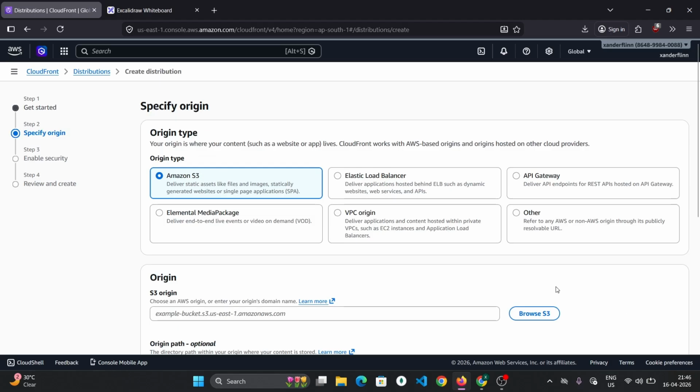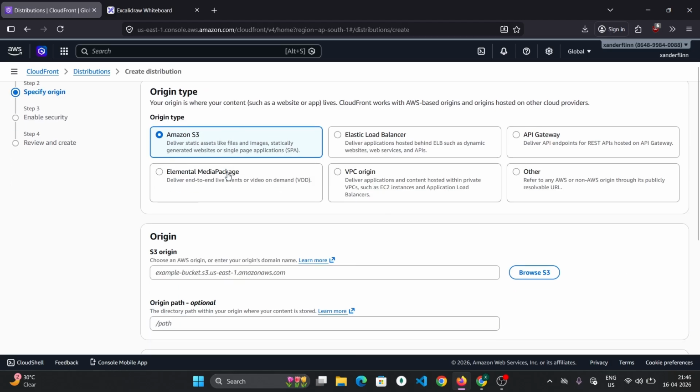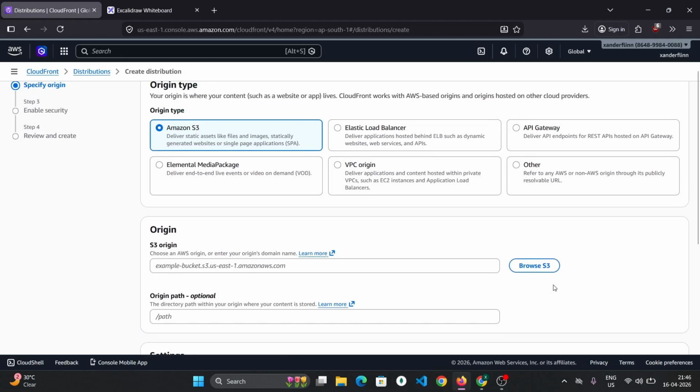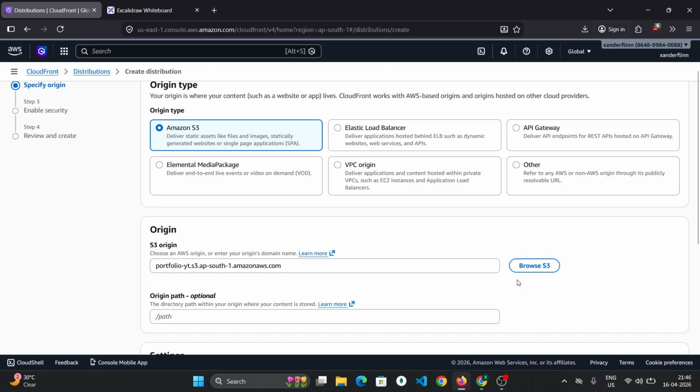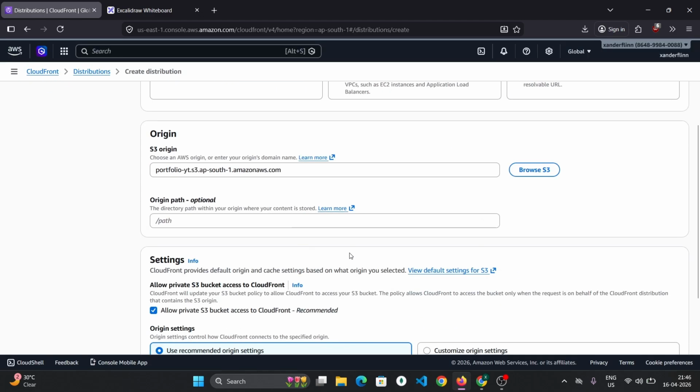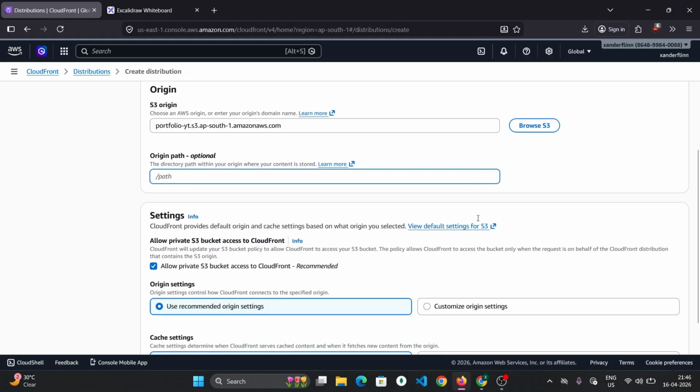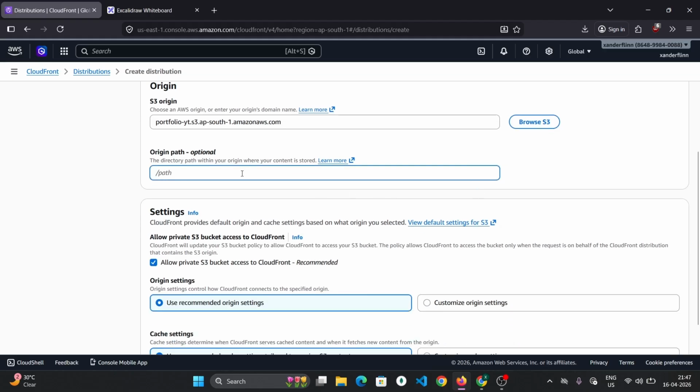Next, what's our source of truth? Our origin tab, the S3. Choose your source of truth, which means your bucket. Portfolio IT as the source of truth. Then we have the path in bucket, which is the path in which your content lives. So we have in S3